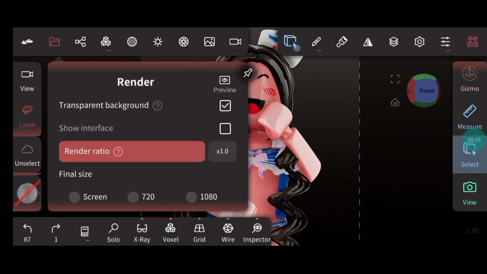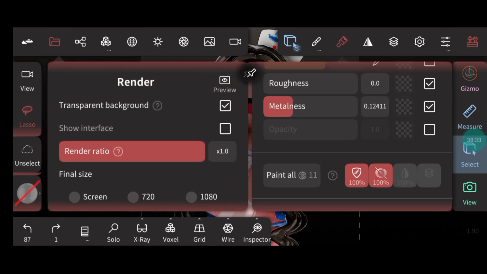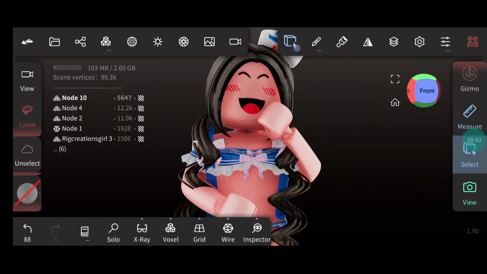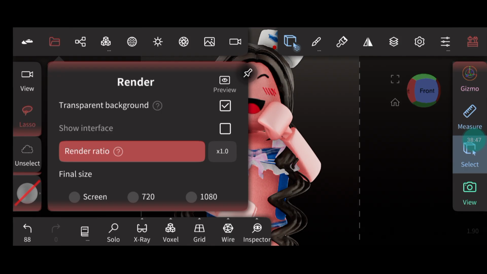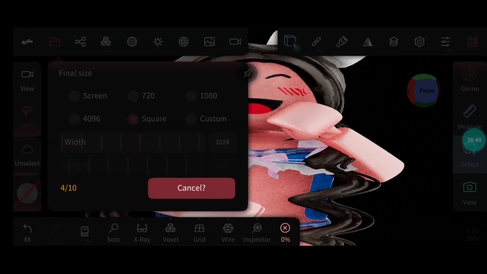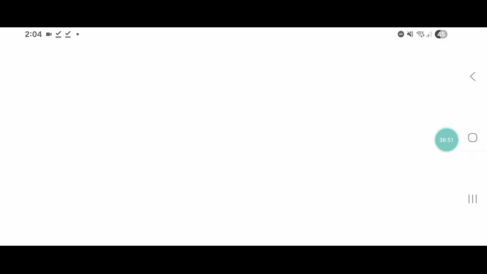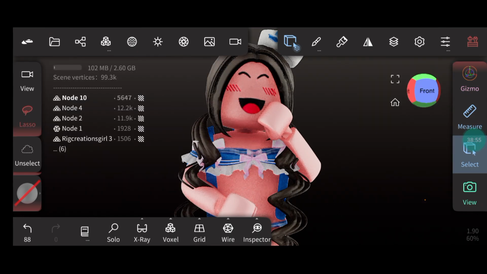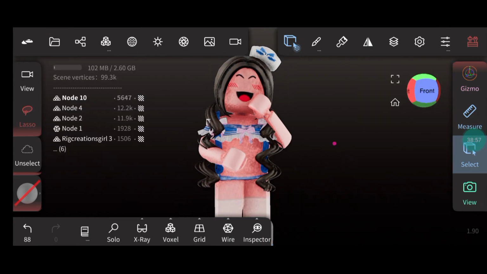Then if you wanna make it non-glossy, you can put up the roughness up to here and then paint all. And as you can see, it's not glossy anymore. So you can just export it. And that is how you make a GFX